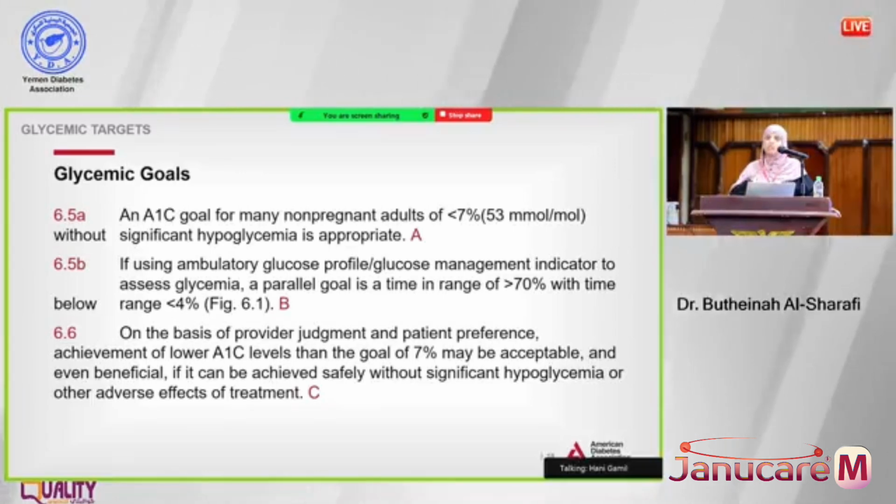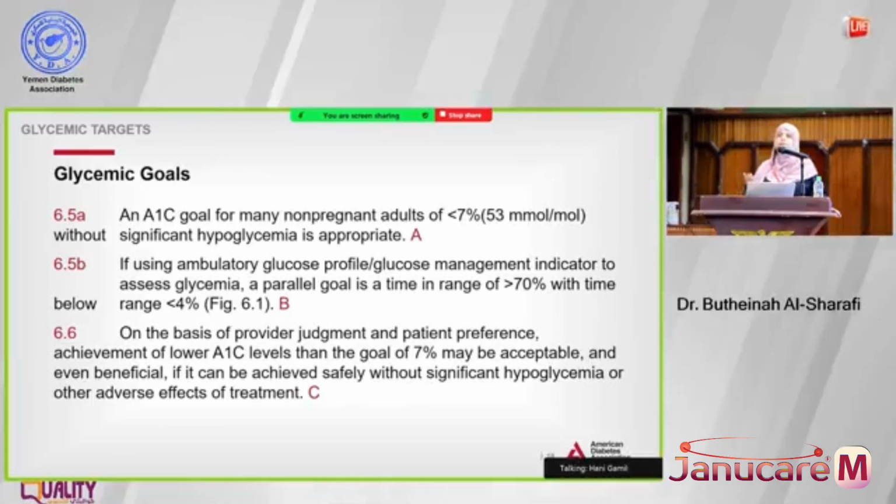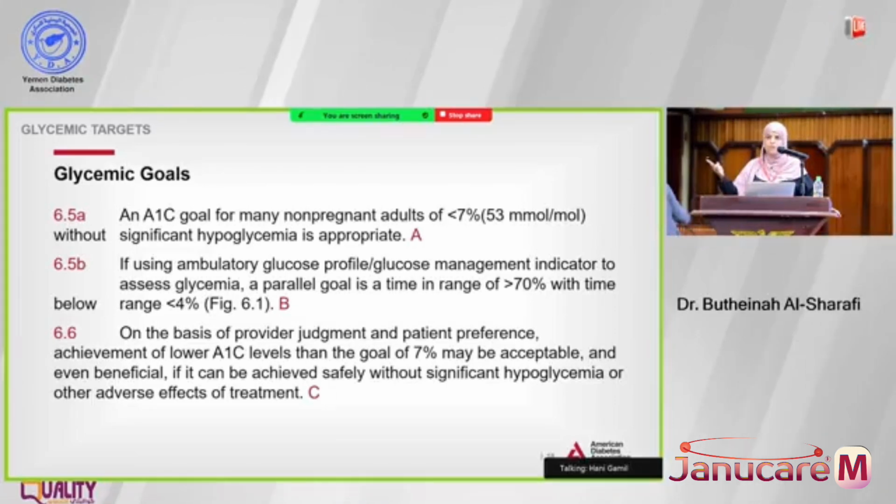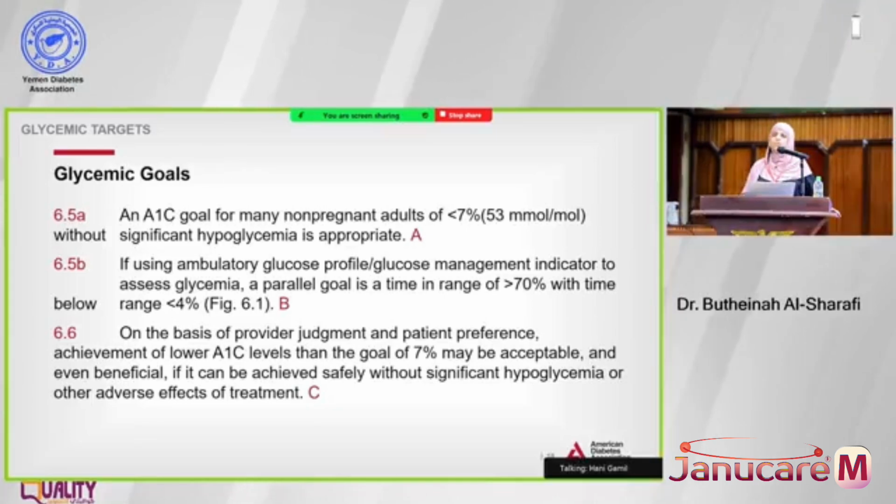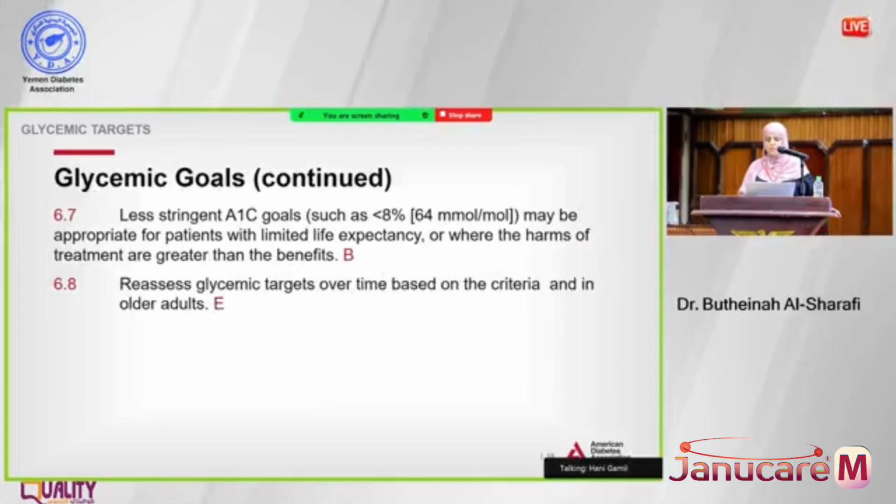Also, if the patient is old or has a limited life expectancy, for example, the patient has terminal cancer or has some other chronic disease that we expect he will die soon from, then there's no need to keep checking the blood sugars 10 times a day and putting the patient on many medications or so on. An HbA1c less than 8 is reasonable.